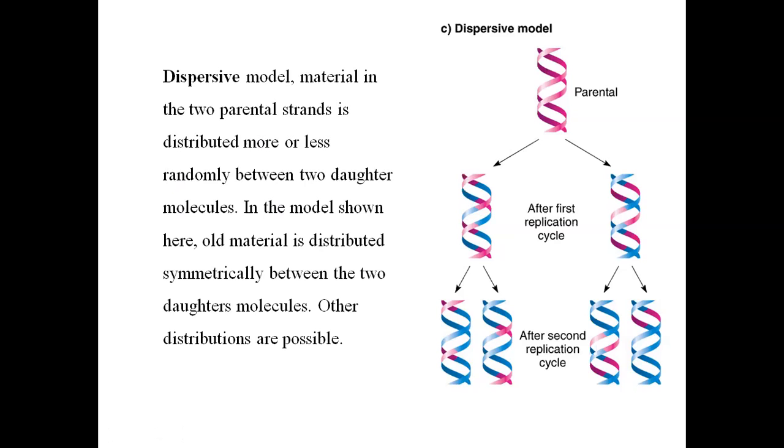So between the two daughter molecules shown here, the old material is distributed symmetrically between the two daughter molecules. Here also you can see. So these are very common DNA replication methods, but among all the replication methods, the semi-conservative method is basically